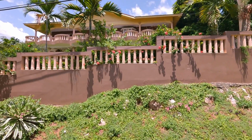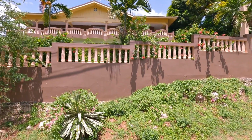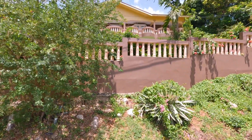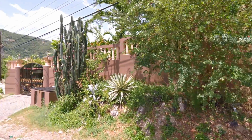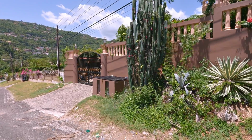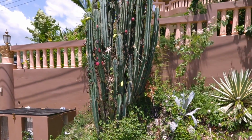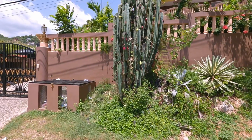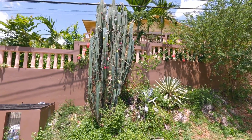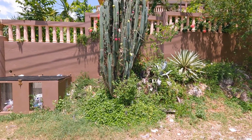But look at how they have each one of these little rounded places that stick out on their upper veranda. Now, I'm not a fan of that, but I do see houses that have that. So it's a certain era where people like that. But just like clothes come back in style, certain architecture comes back in style. Boy, look how that cactus has bloomed. See that cactus, how it's in bloom? Some of these cactus, the fruit on it can be eaten, but I don't know which. Well, if you all know what kind of cactus that is,